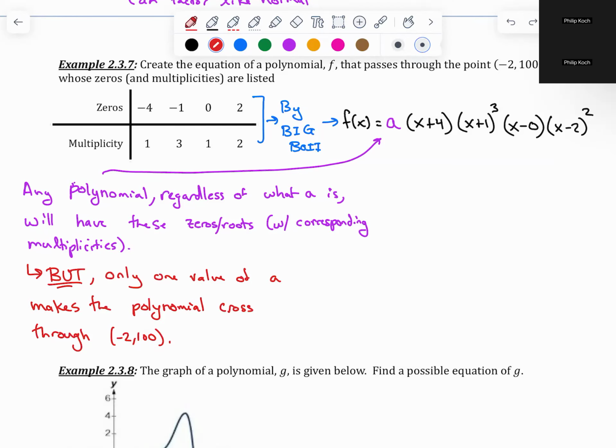You put the a -2. Not the a is -2, the x, right? What's Phil's theorem? If -2, 100 is on the graph, what can you say about f of -2? It equals 100. So we have f of -2 equals a